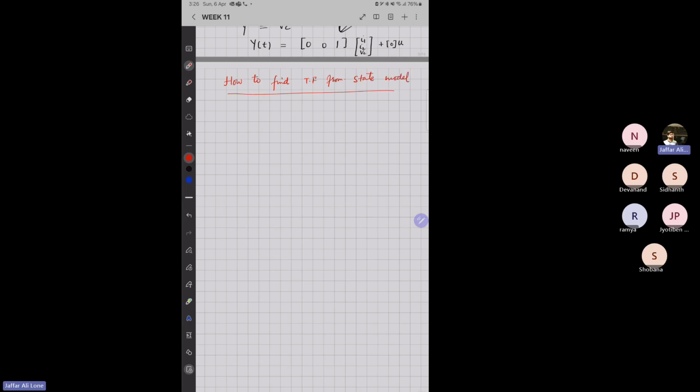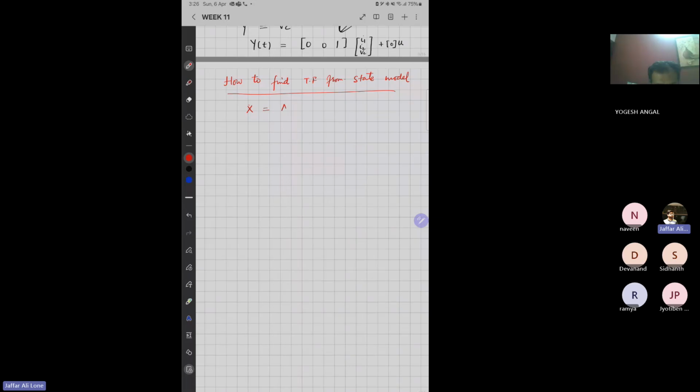There is no direct question based on this in your assignment, but there are some indirect questions that will be more clear. Okay, so the next part is how to find the transfer function from the state model. There's this formula. If you are given x dot is equal to ax plus bu, just remember these